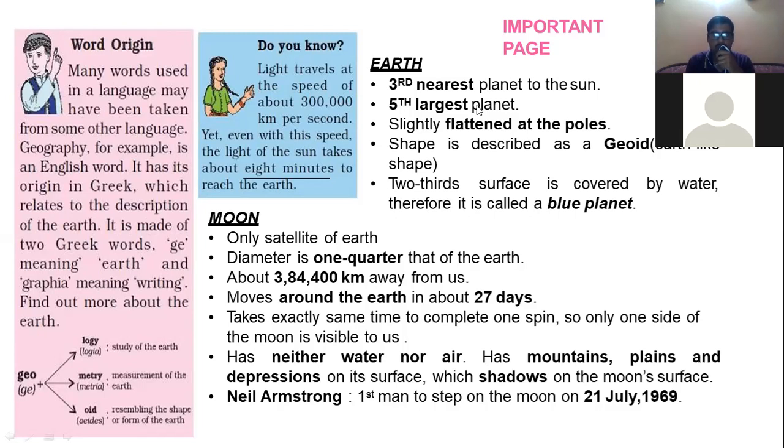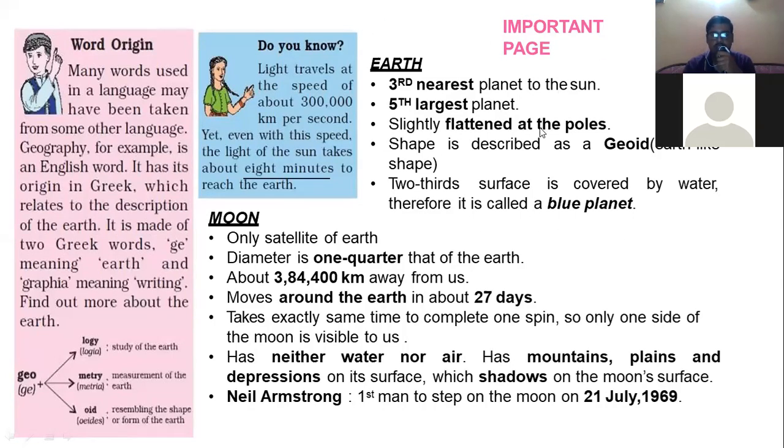You can say that, because if we deal with all the features of the planets in the present situation, we cannot say that Earth is the third largest planet, or a second largest planet, because if it deals with the moons, Earth has only one moon. So this fifth largest planet is termed on the basis of the globe, the size of that particular object.